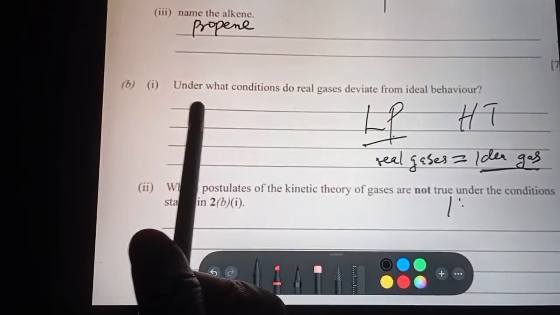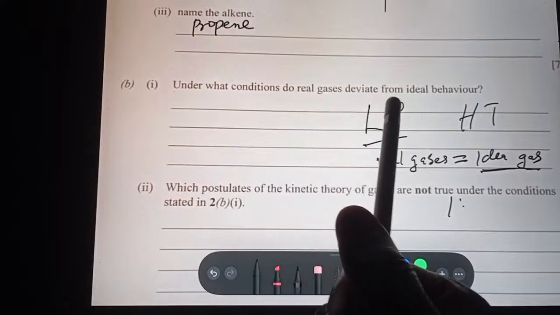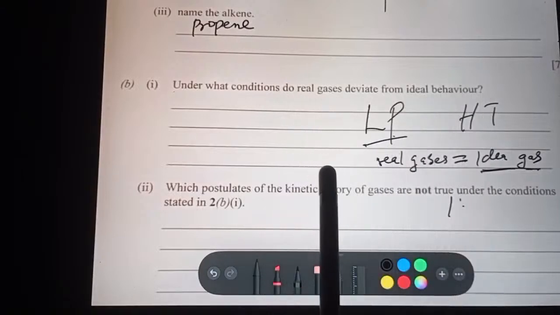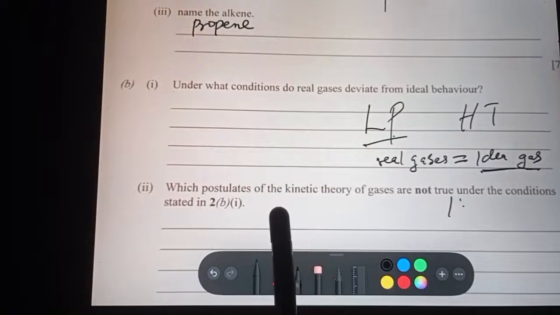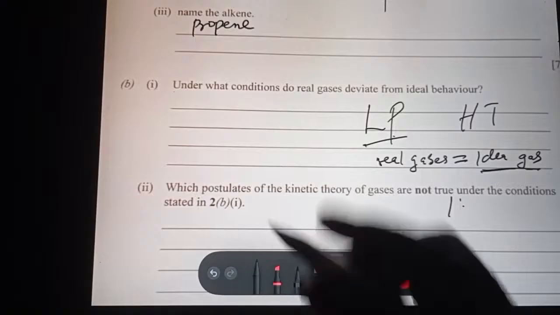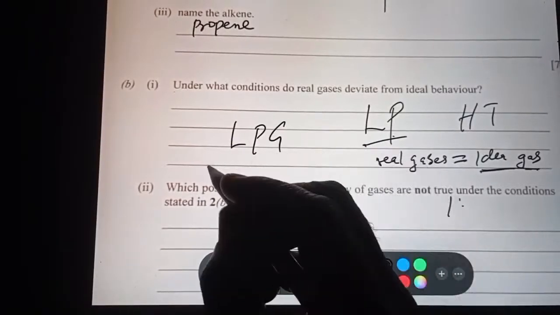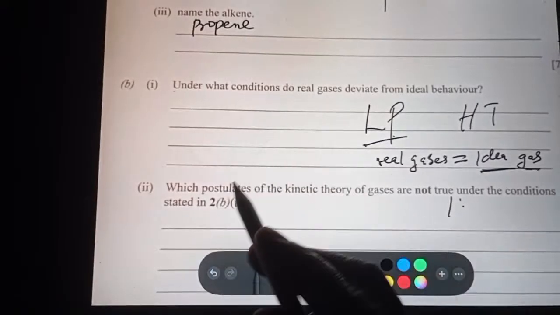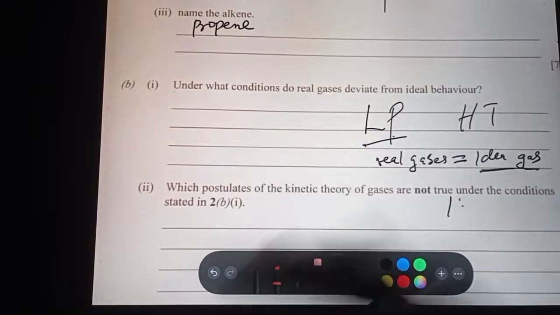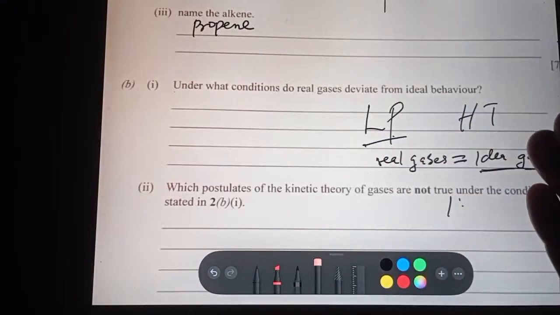They told us, under what condition do real gases deviate from ideal behavior? Perfect behavior. What is that perfect behavior? They never liquefy. They're supposed not to occupy space, okay? And they should be in constant random motion. They should be moving forever, which you and I know is not true. Gases liquefy. At least we have LPG, which is called liquefied petroleum gas. The one we use for cooking is liquefied. When you shake your gas cylinder, you can notice liquid, but that's a gas. What will make you understand that it's a gas? If you open it, it will escape as a gas, okay?